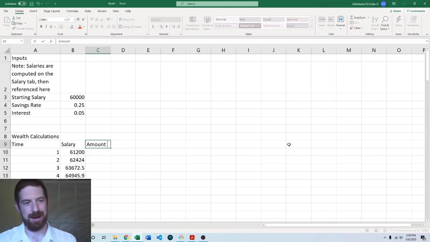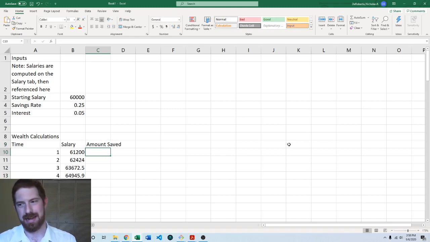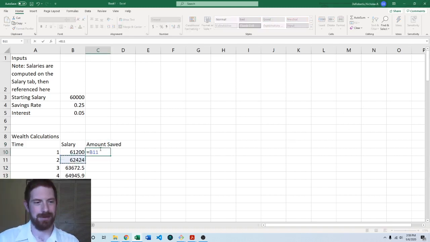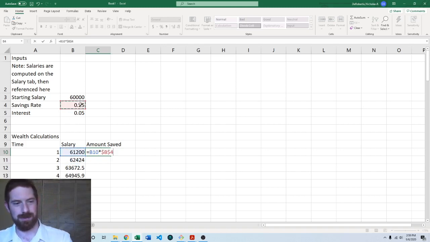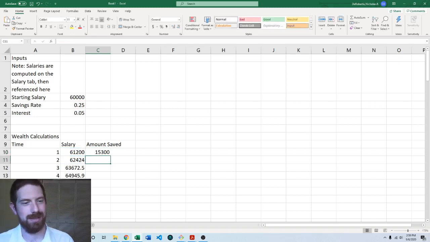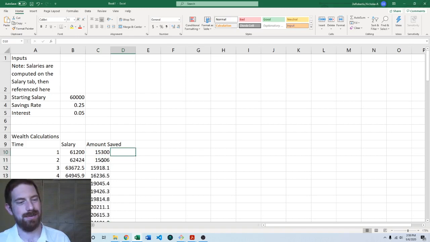Next we can calculate the amount saved. And so the amount saved is simply going to be the salary earned in that year times the savings rate, and we want it to be fixed to the savings rate, as we always want to use the same savings rate. So we complete that, and then we have the amount saved year over year,